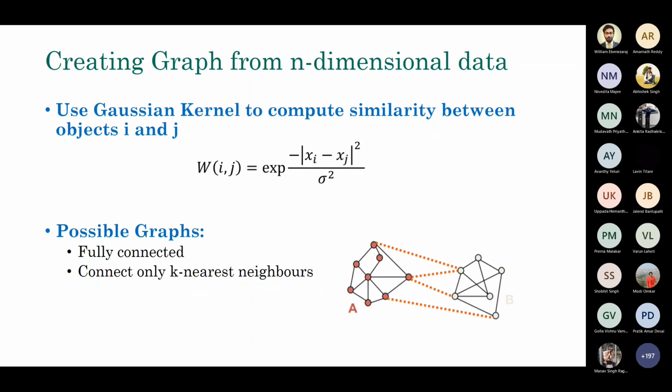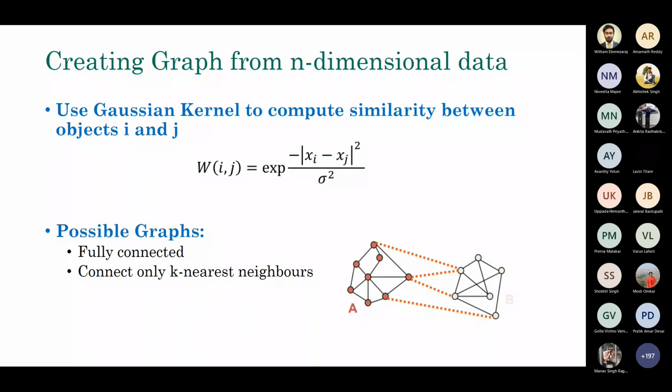Now that's perfectly all right, but you have to construct the graph from this data. We have to build nodes and edges, with their weights and so on. So broadly, you can do two things. You can create a fully connected graph. That means you take all pairs of objects, compute this weight, and attach the edge weight. That's a little problematic because there will be too many edges if you have a very large volume of data.